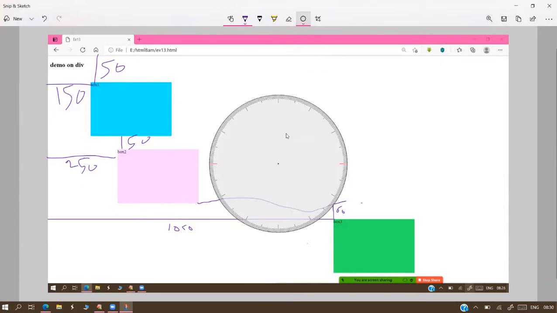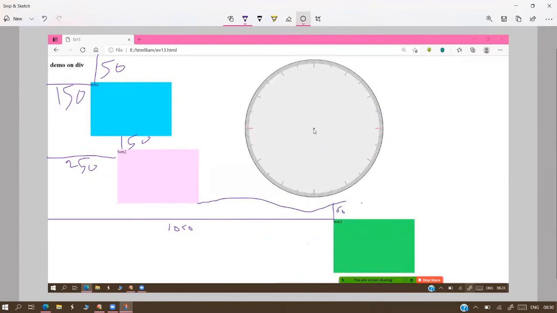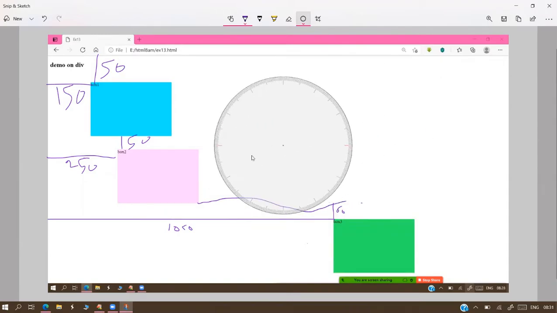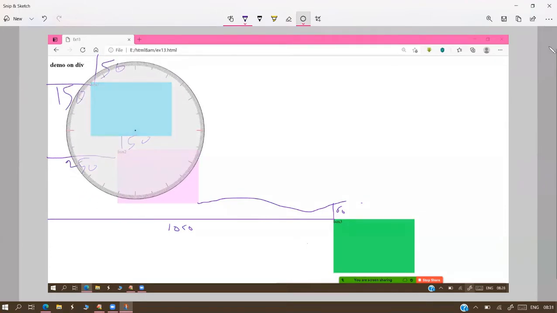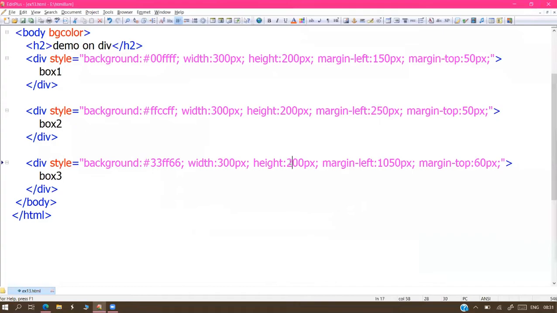Sir, if I want two boxes in the same line, do I want to apply the float method, sir? You can give the two margins equal, sir. If you want to get these two boxes in the same line, you can write 150. That's all. Both come in the same line.